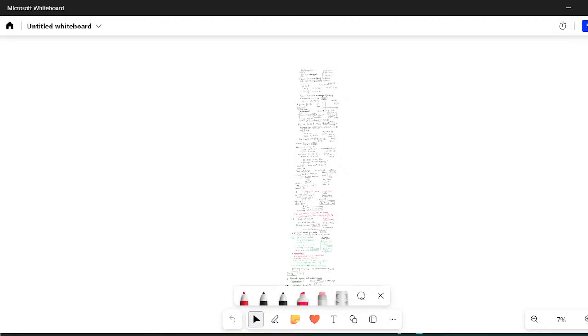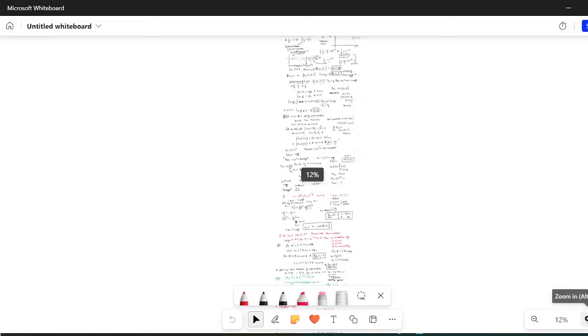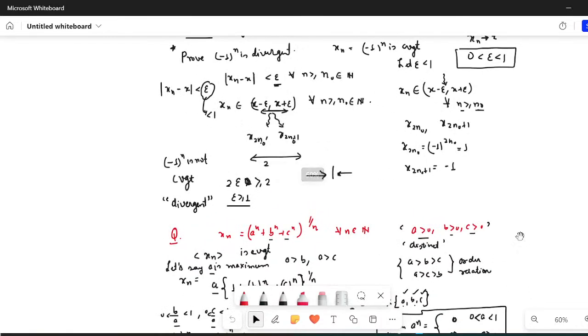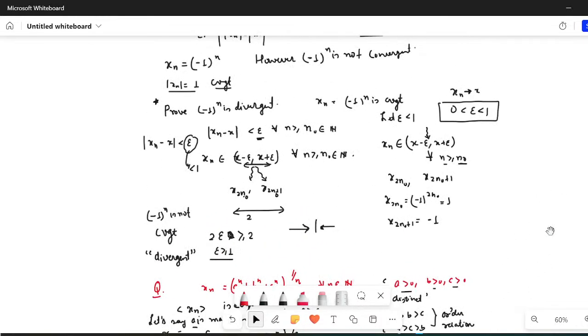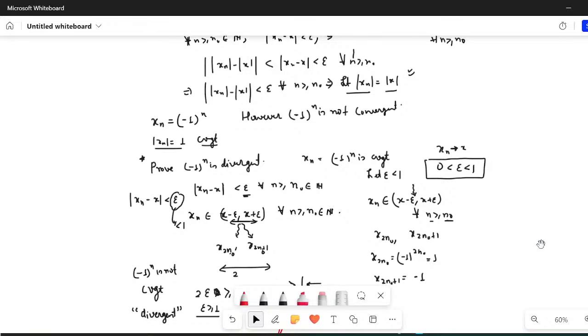In today's lecture, we are going to continue with the convergence of real sequences. So yesterday we were doing convergence of real sequences, and we understood the meaning of convergence. That is, if the limit of the sequence is unique and it exists, then we say that the sequence is convergent. In other words, if I say that my sequence xn is convergent, let's say it converges to x,